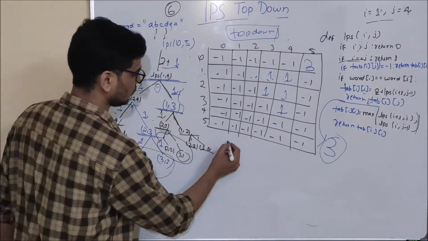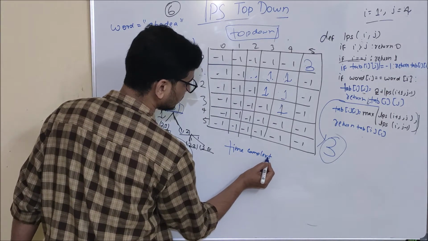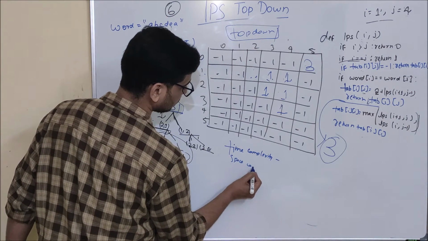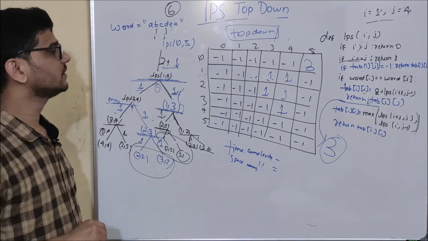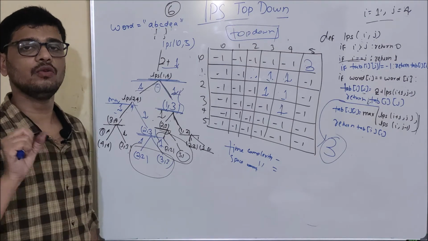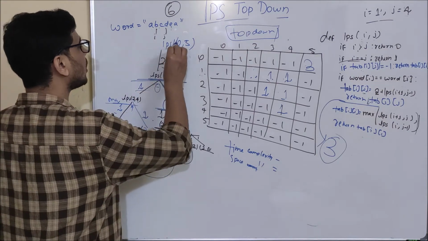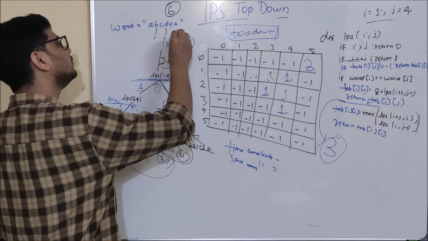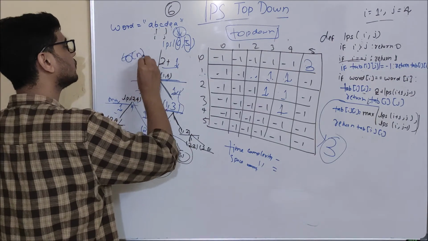Okay friends. Now friends, what will be the time complexity and what will be the space complexity of this problem? So to find out time complexity, what do we need to check? How many maximum function calls we can make. See, this is our i and this is our j. What are the different values it can take? What is the order of this? Its order will be order of n.